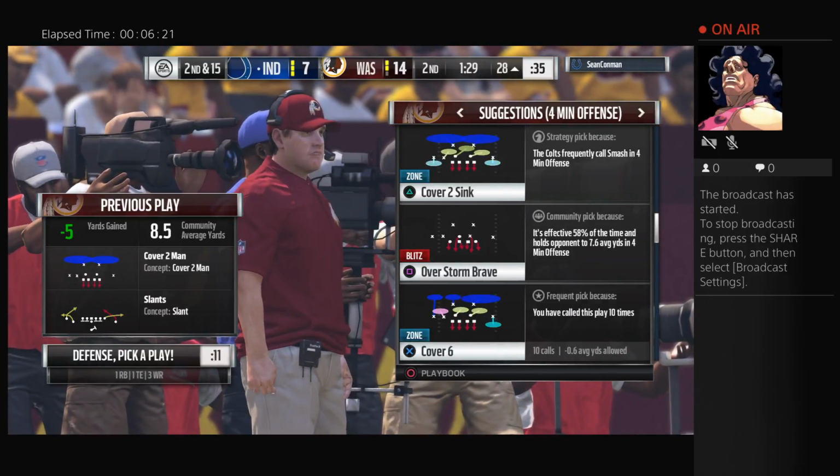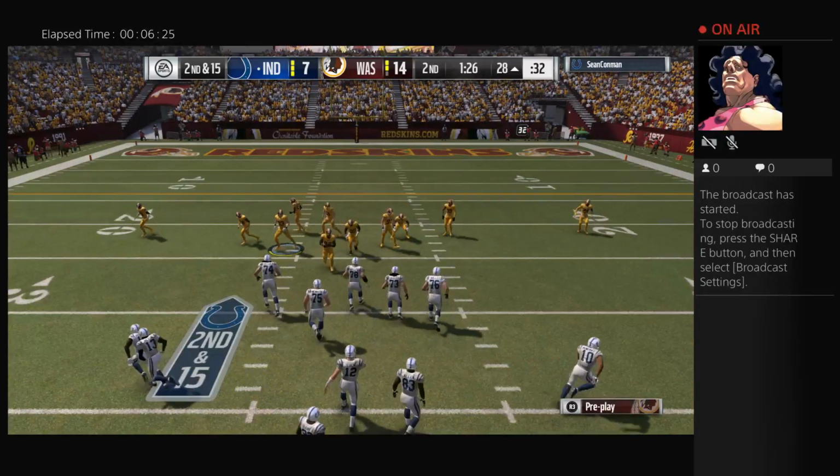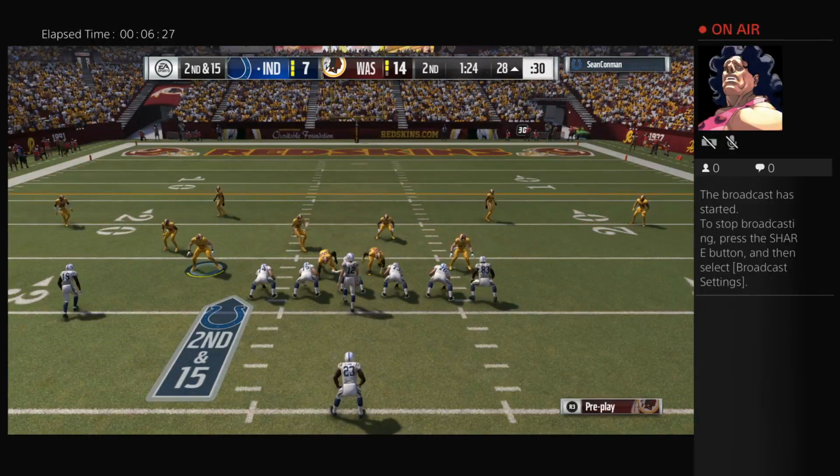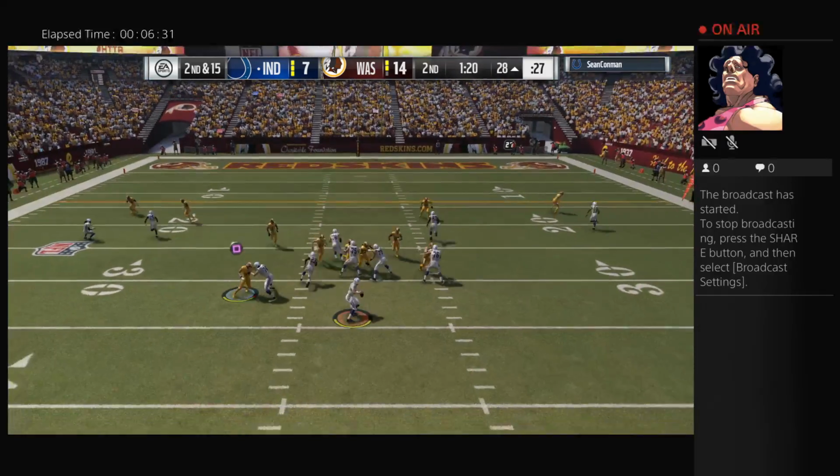What you're hoping is that you figure out and get a clue that maybe there's going to be some pressure coming at you, and you change the blocking schemes. Maybe you go to max protection. The biggest one is maybe you bring your running back in to try and keep...